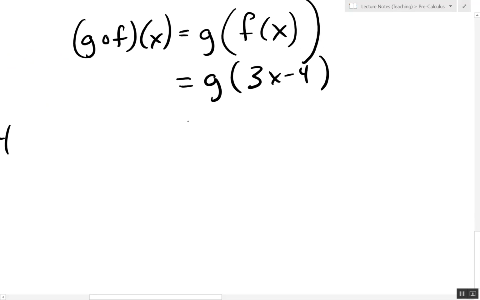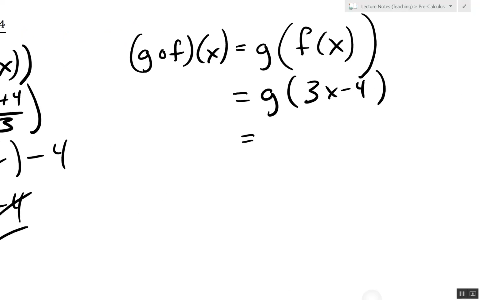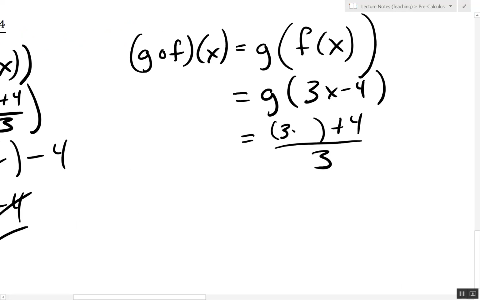And then we look at g. g is x plus 4 over 3, so it's going to be parentheses plus 4 all over 3. And we're just going to put this 3x minus 4 inside the parentheses. And now let's simplify it. So order of operations says I do,